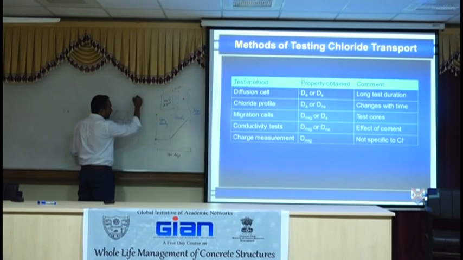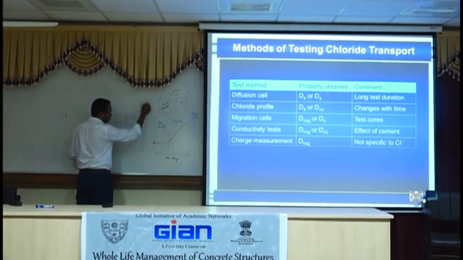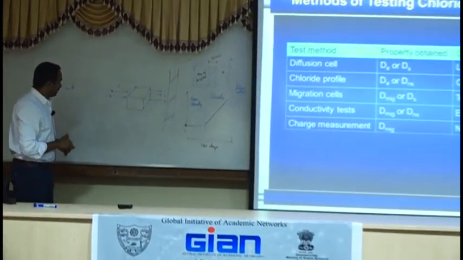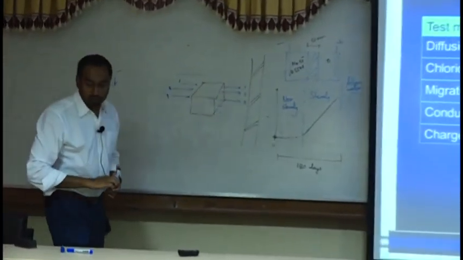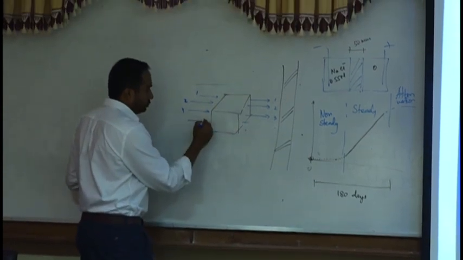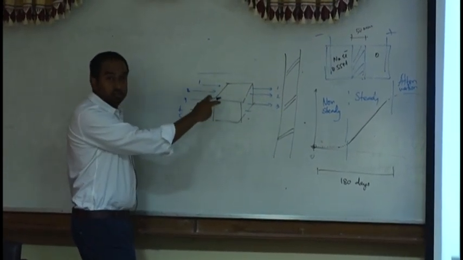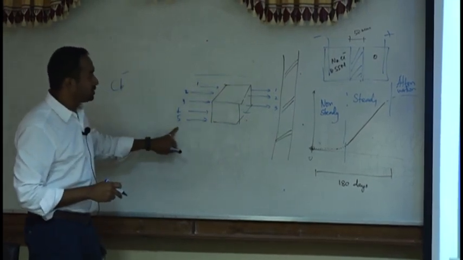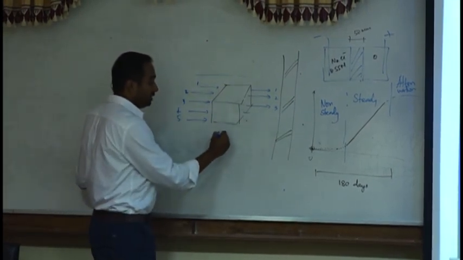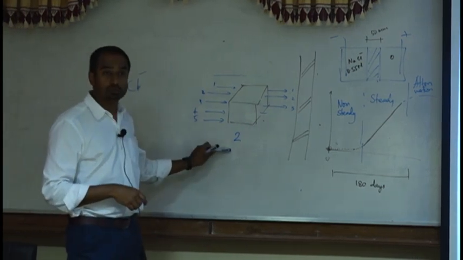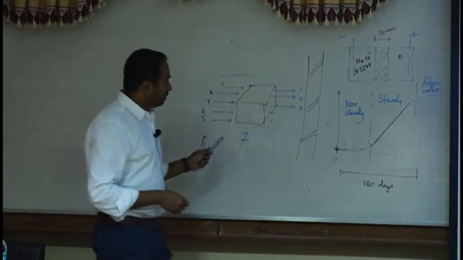So assume you had a steel reinforcement here. So chloride binding refers to the reaction phase in this cube. So if 5 comes in and 3 goes out, the binding capacity is, in very simplistic terms, 2. Yeah. Threshold